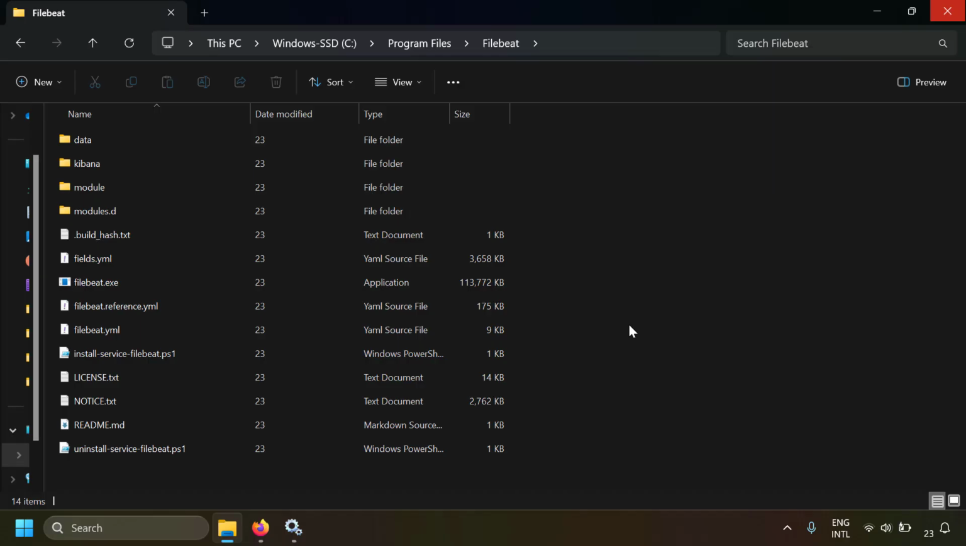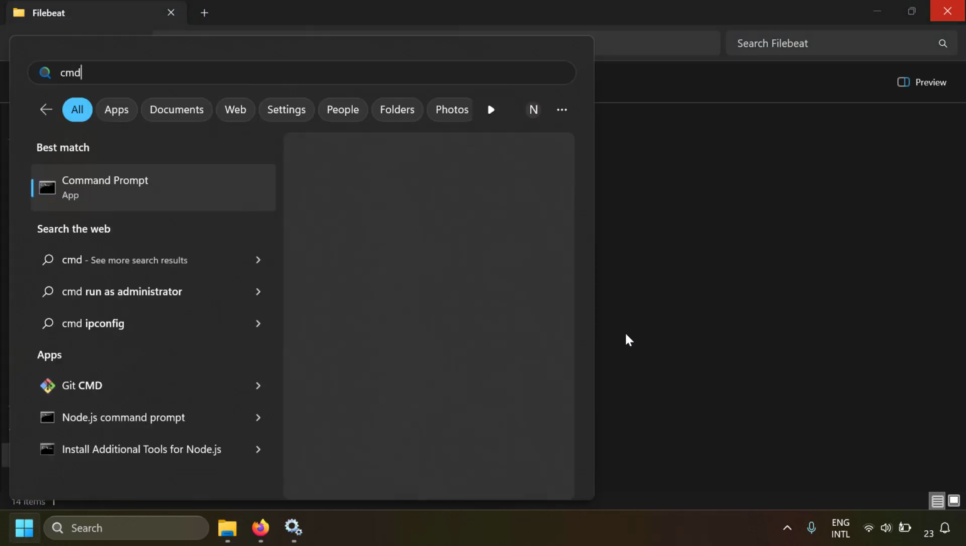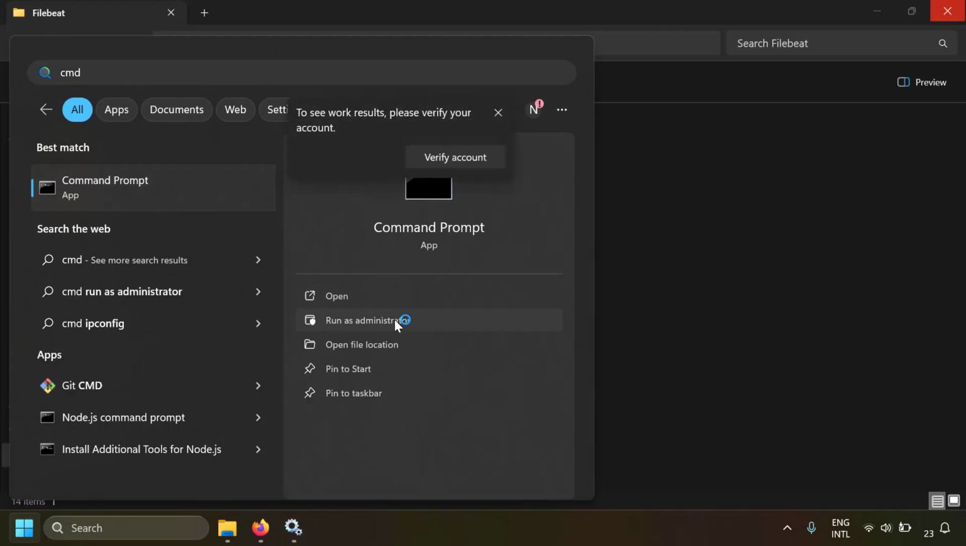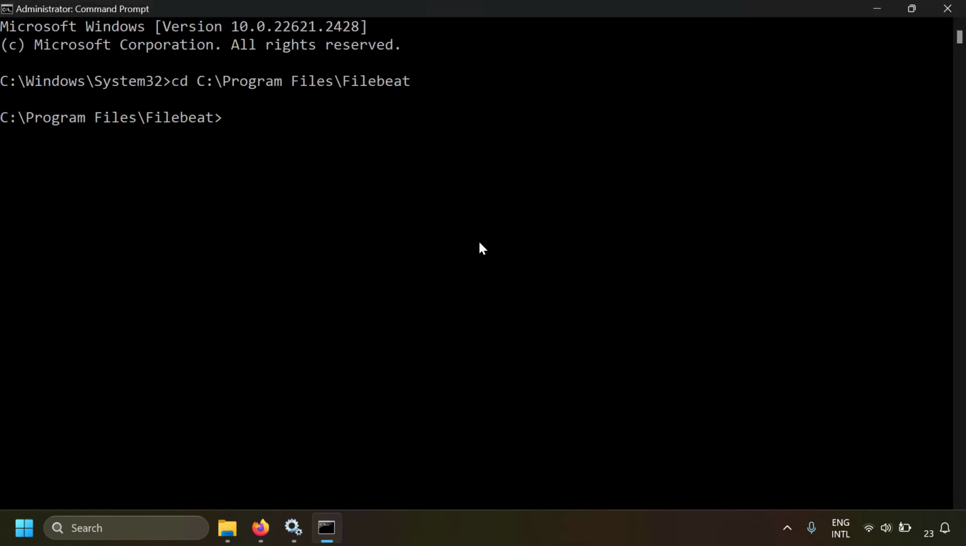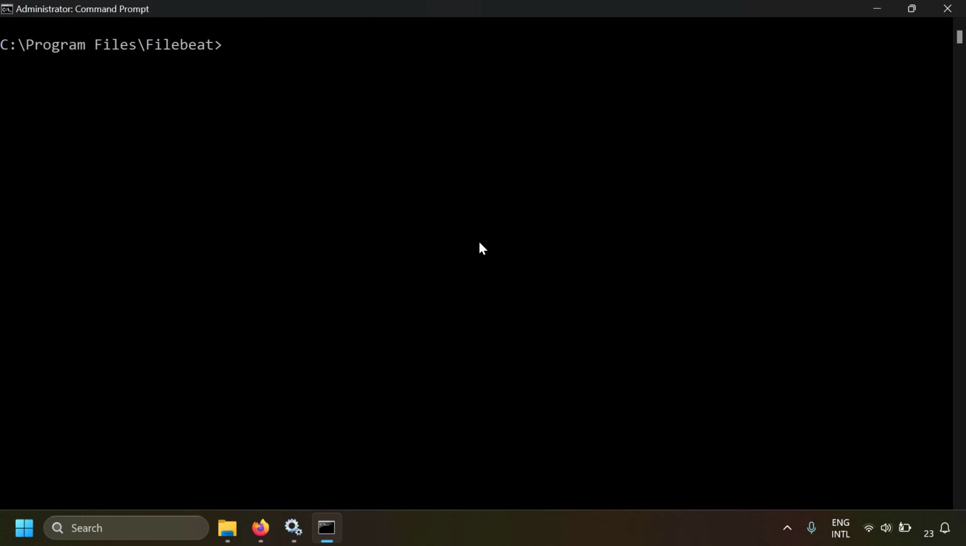I've ran it for the first time. Now I'm setting the Kibana dashboards. So I need to go to the folder of Filebeat, open an administrative command prompt here. So I'm going to open the command prompt, run as administrator, and again copy the folder path, paste it here, cd the folder path. Now I'm in the Filebeat folder with an administrative command prompt. Clear the command line and just write